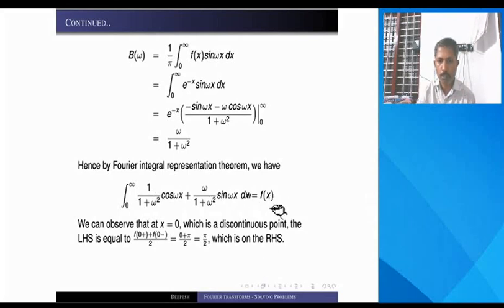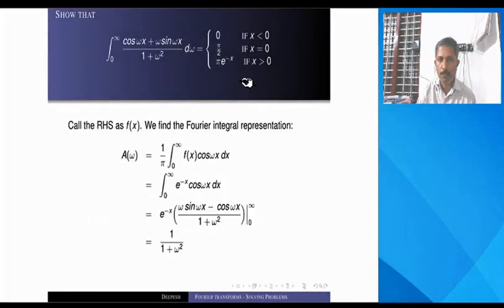Okay, here one thing to observe is that even if I write 10 instead of pi by 2 in the second part, it doesn't make any difference, because you know that the integral from 0 to 0 of 10 cos omega x dx is nothing but 0. Whatever constant you take for the second part, since it is defined only at a single point, the integral will be 0. So that's why this will not have any effect on the value. This pi by 2 is not having any effect on the integral value.